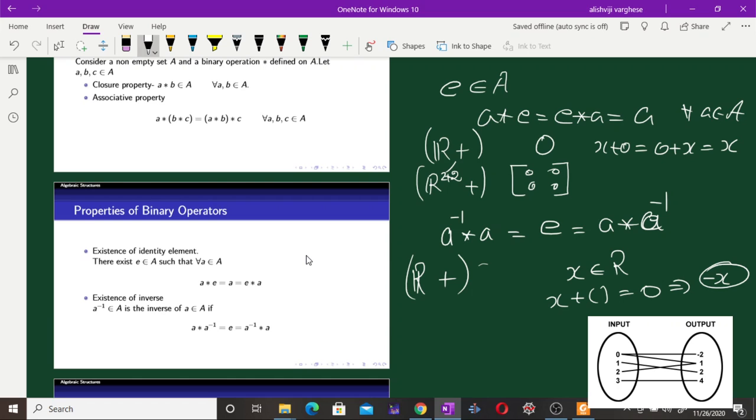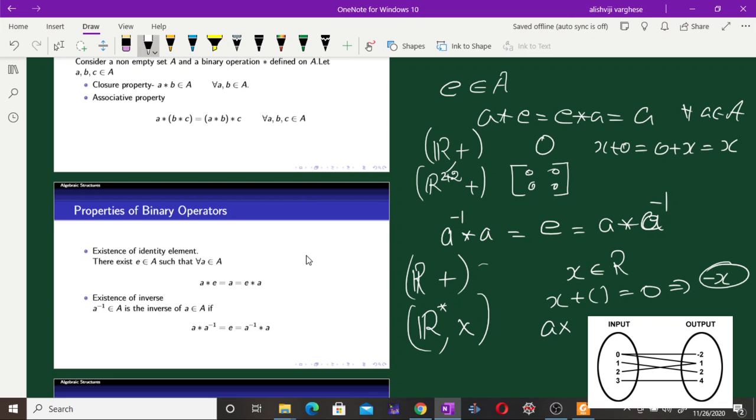in R under addition. But if the operator is multiplication, then we cannot consider the set of all real numbers. We have to eliminate 0. So usually when we eliminate 0, the obtained set is denoted by R star. And if we consider R star under multiplication, then